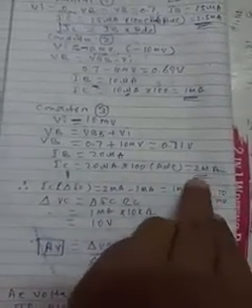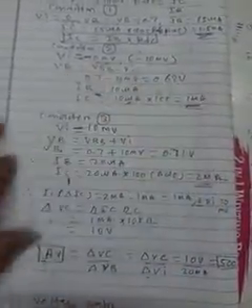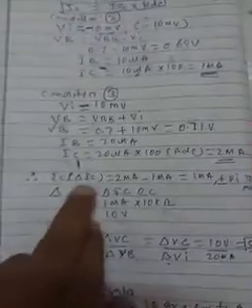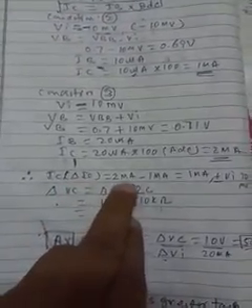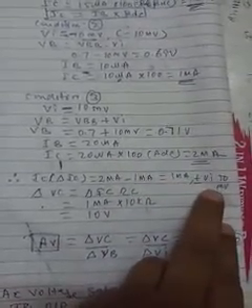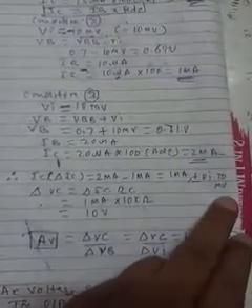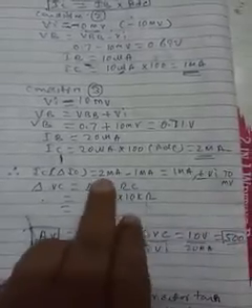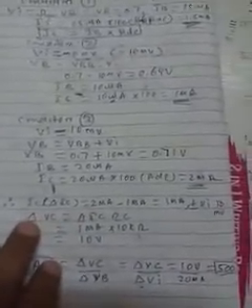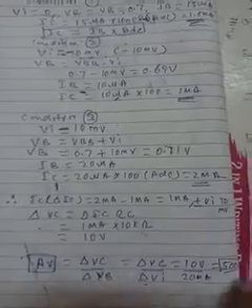So we have 2 milliamps, 1 milliamp and 1.5 milliamps. These are the three currents we are getting for the different conditions. Now the change in IC is 2 milliamps minus 1 milliamp, so 1 milliamp. The change in VI: minus 10, 0, plus 10, so the total change of VI is 20 millivolts.